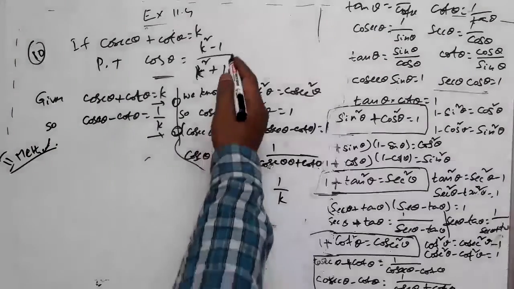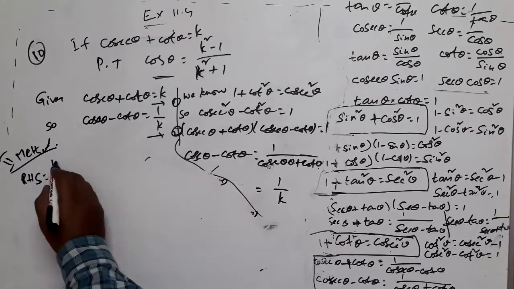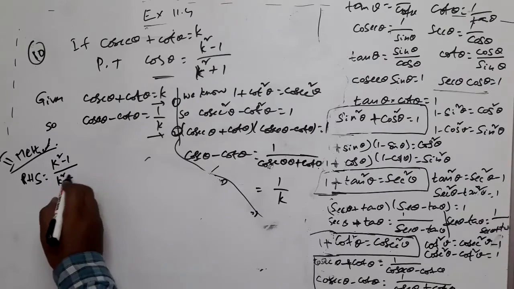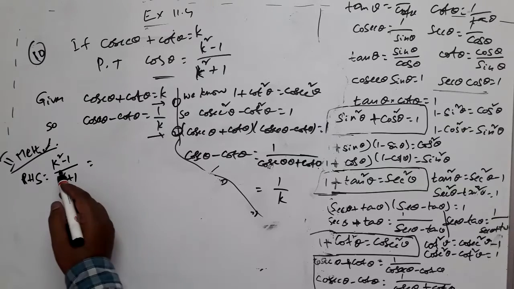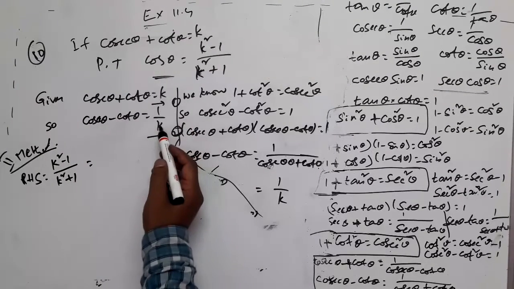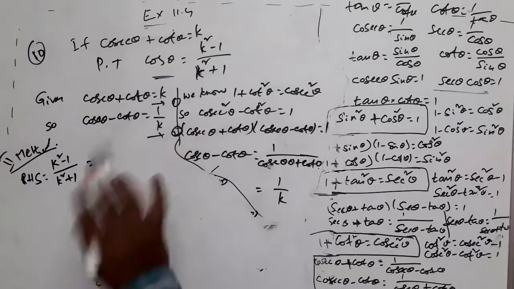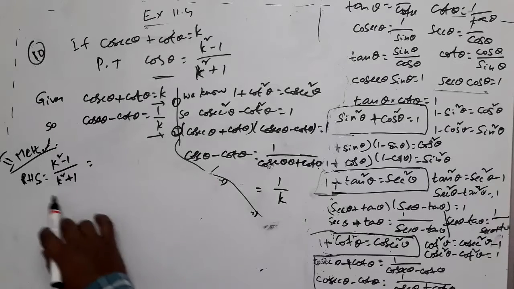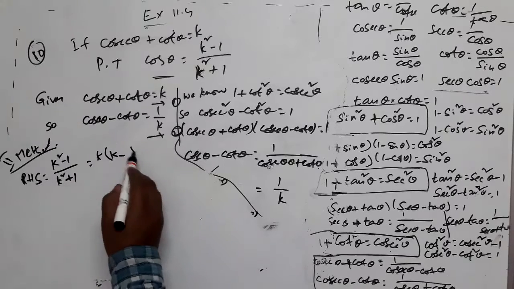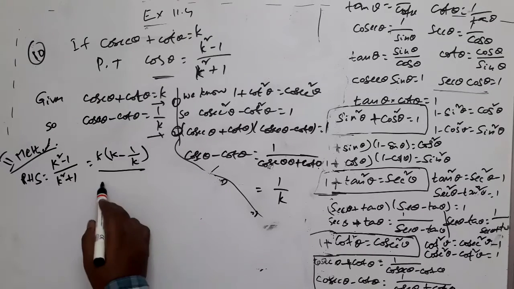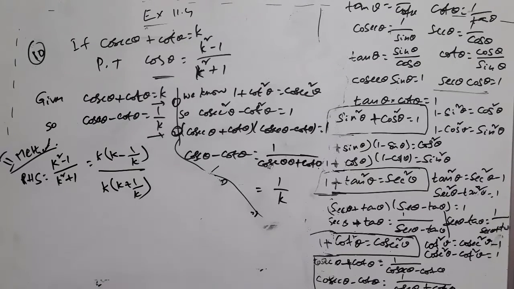See, this is right hand side part, this is left hand side part, right? Let us start at RHS. RHS is k square minus 1 by k square plus 1, right? If you can observe, if k and 1 by k are involved, that will be useful for me because I know some expressions involving k and 1 by k. Here, in the numerator, if I take k common, k multiplied by this will be this one. In the denominator also, if I take k common, this is k plus 1 by k. Can I write like this?